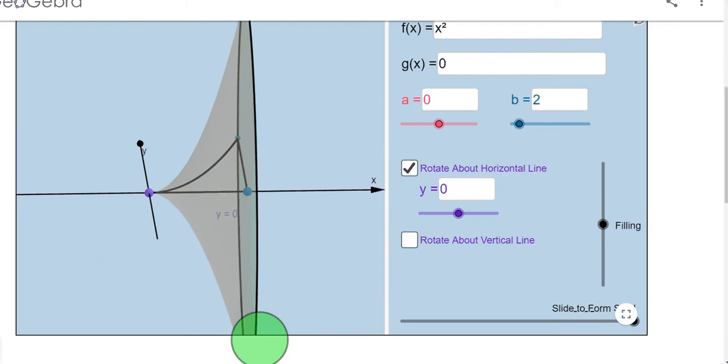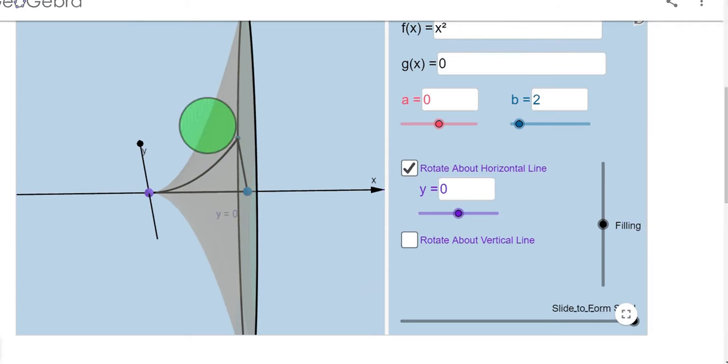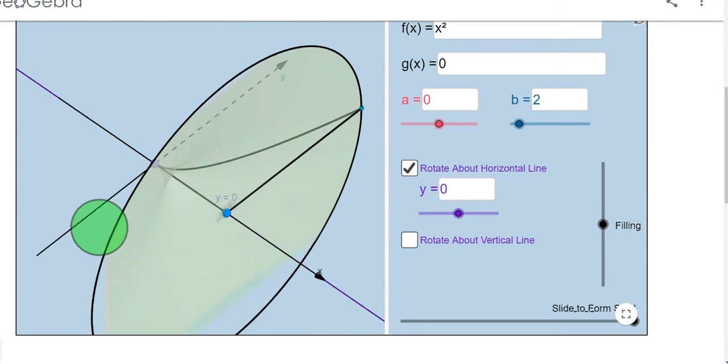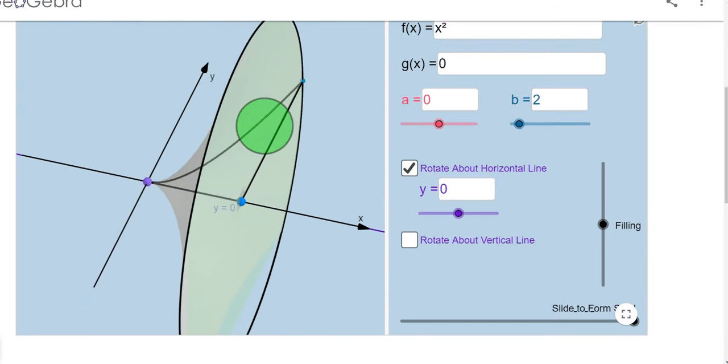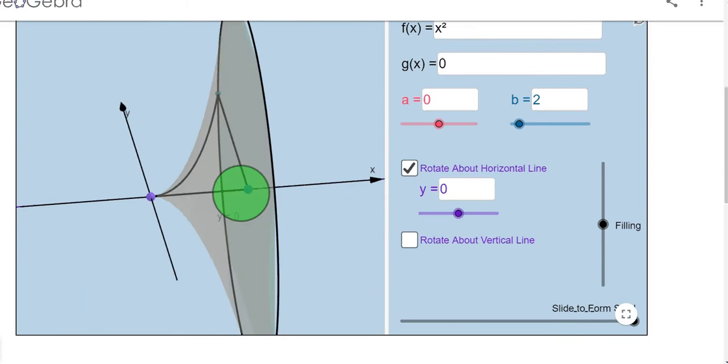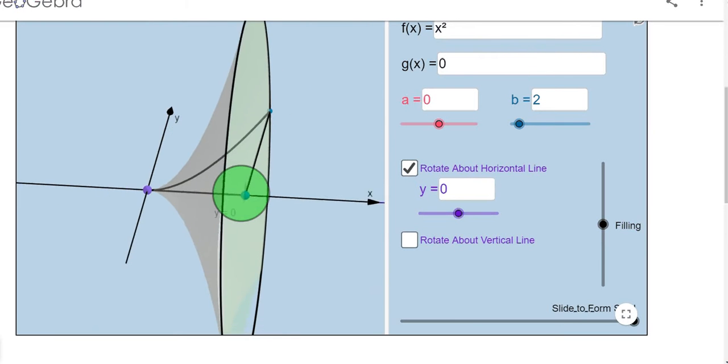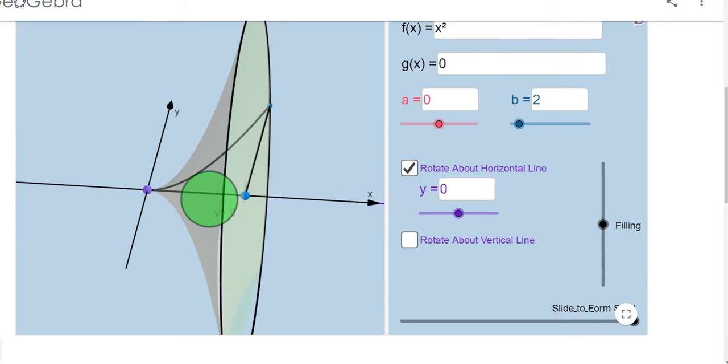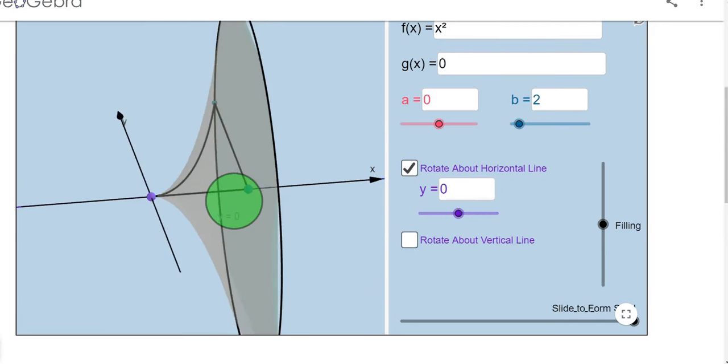As you can see, the cross sections here are actually disks, more or less circles. And as we go from 0 to 2, those disks get bigger and bigger, because y equals x squared gets further and further away from what we're rotating about. It's almost like a very large horn or something that gets bigger as you go from 0 to 2. So it's similar to